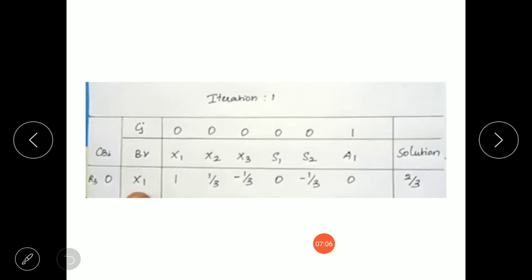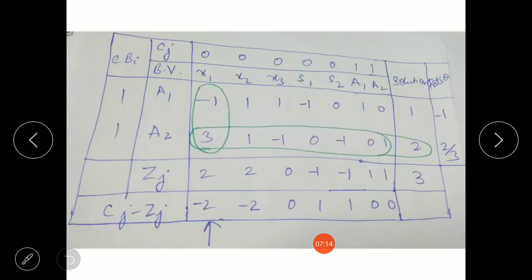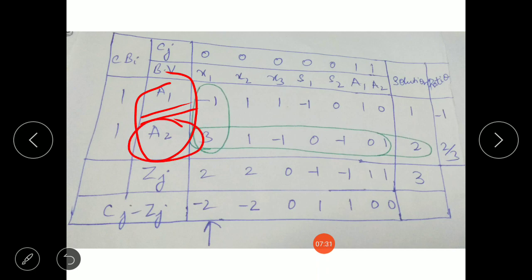Now the next step is to write the second element of the basic variable column. What is the second element? It will be the same, that is a1. In the initial simplex table we had two variables in the basic variable column, that is a1 and a2, and from the initial simplex table we got that a2 is the leaving variable. So in iteration table 1 we have written the entering variable in place of the leaving variable, and what is the other variable we are going to write? The same variable that is written in the initial simplex table, that is a1.